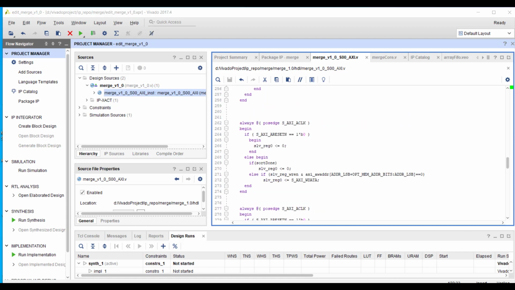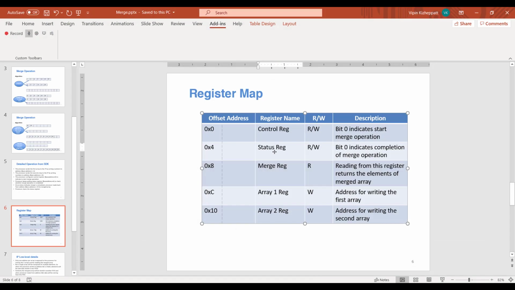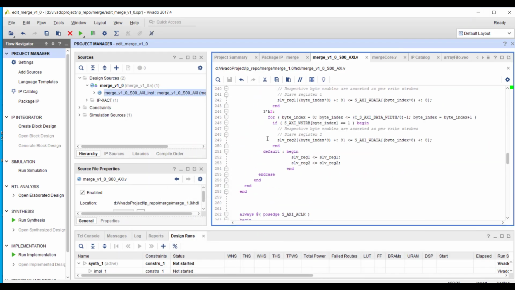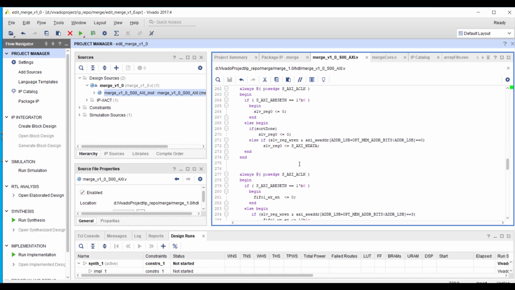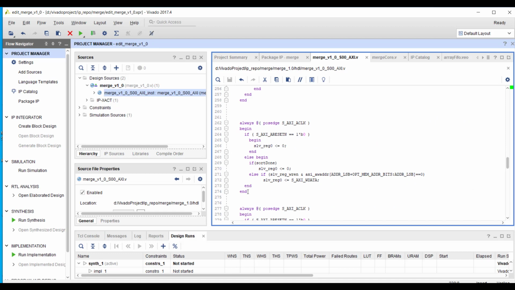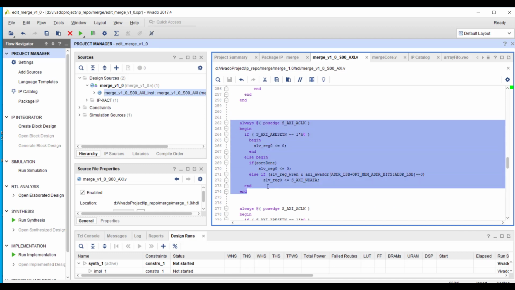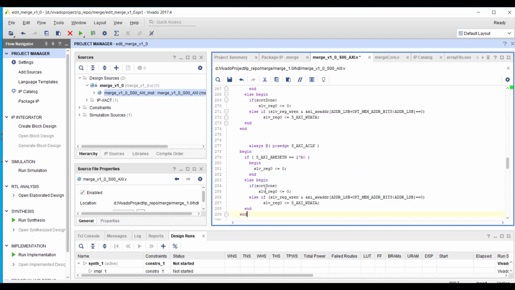Now the status register is address 1 here, this one. So instead of only the processor writing to it, we need both the processor and hardware, so the processor and the state machine. So we'll take it from here, and